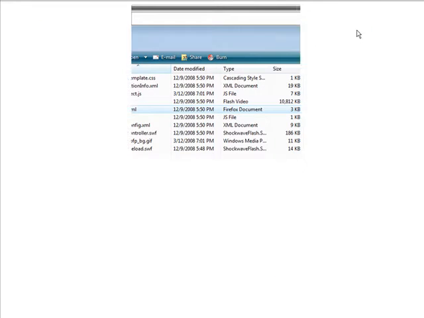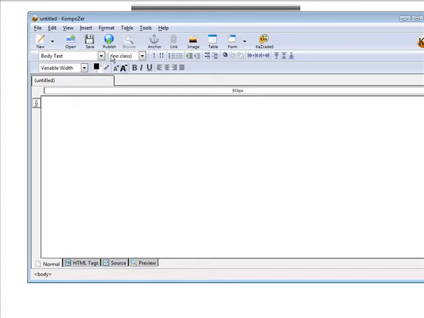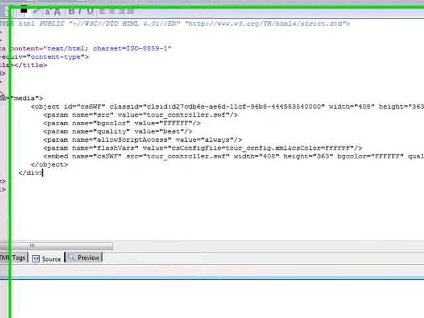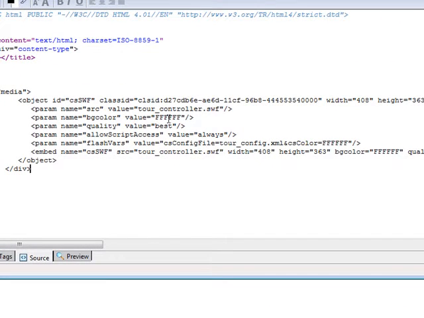I'm going to make a whole new web page here, but I could just pop that into any web page if I want. But I'm going to create a new web page. I'm just going to do it with Composer here, and go to Code, Source, and we'll just pop it right in here. And then all we have to do is put the new path to the files here. So our path